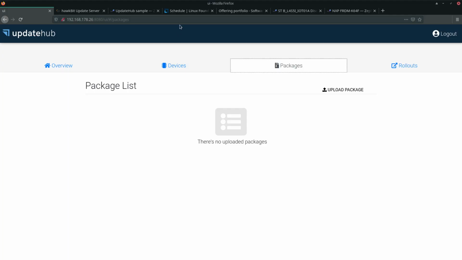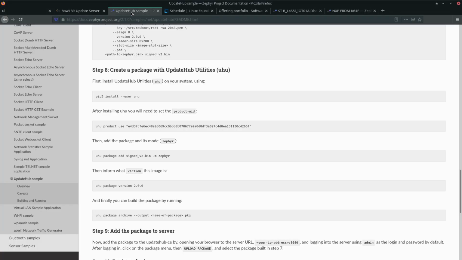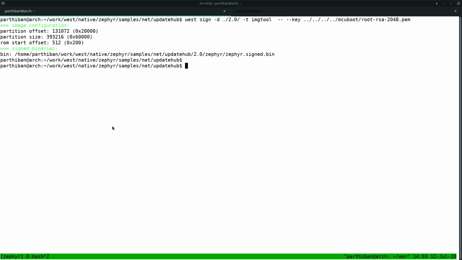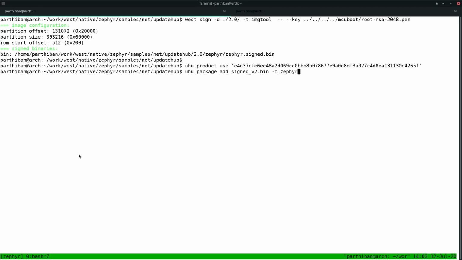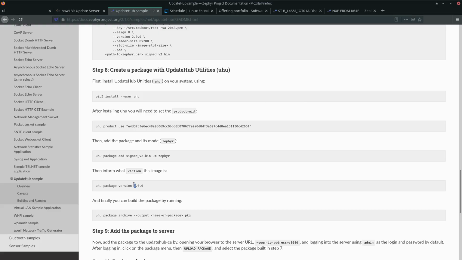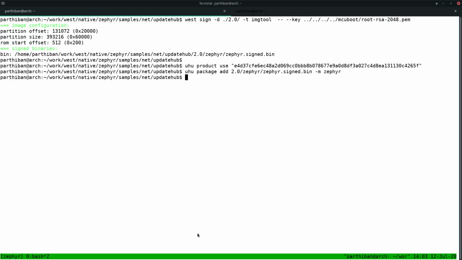For that, we're gonna follow the steps provided in the documentation as they are, and it needs some certain packages. So I'm just gonna use the same steps as provided in the Zephyr documentation for now. And we're gonna give the new image, which is built with some changes, and that's the image which is compiled with changes. And I'm gonna create the version,